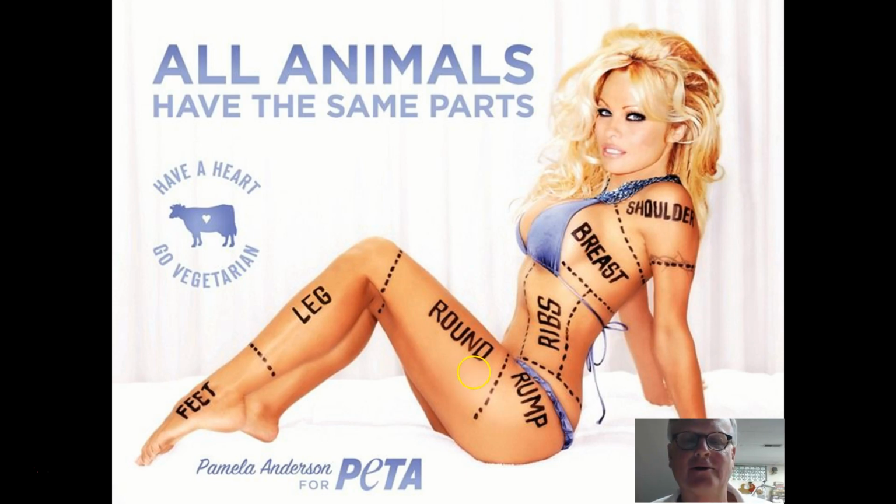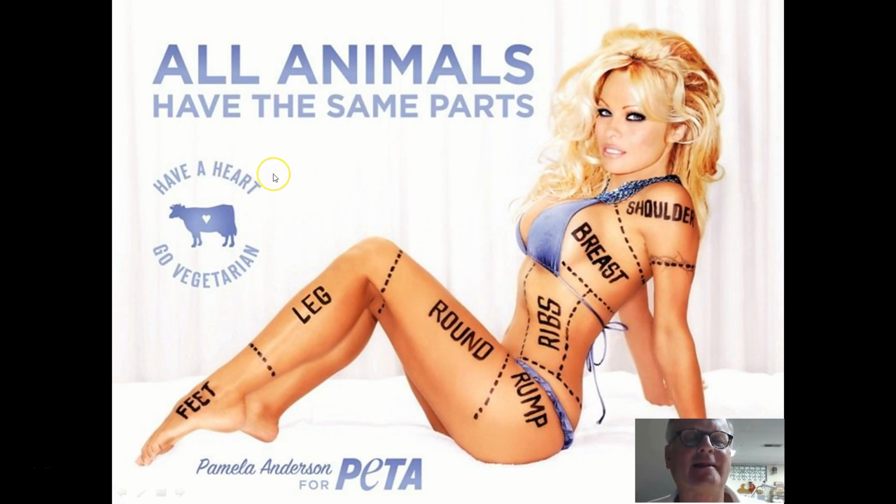And of course, this is Pamela Anderson, who you remember maybe from Baywatch reruns or from other shows that seem to feature her and women who look like her. And this one comes, of course, from People for the Ethical Treatment of Animals. The idea here is that we're taking a human being and we're displaying her in the same way that we might see a diagram of a cow or a pig in a butcher shop, where you'll see these sometimes behind the counter at Schnucks or Dierbergs, where they show you what part of the cow or what part of the pig different cuts of meat come from. So of course, that's why she's represented this way.